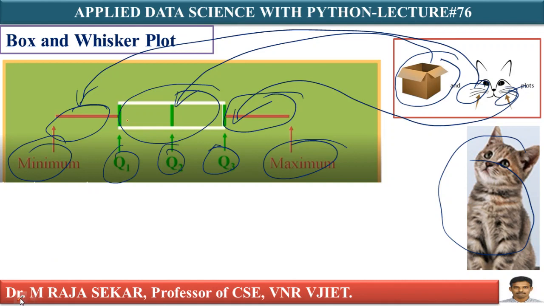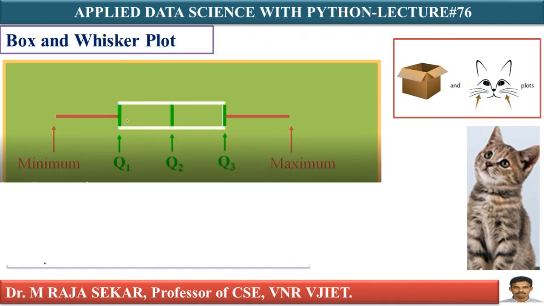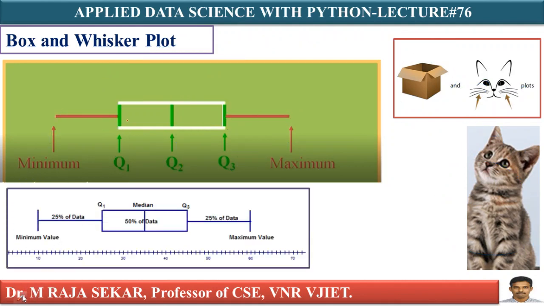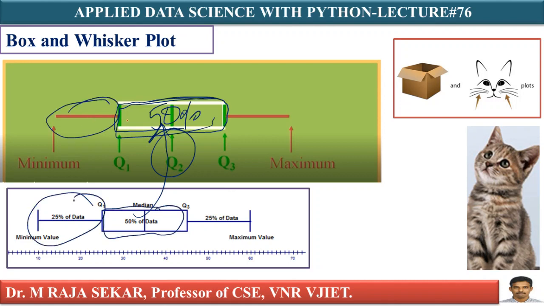If you carefully observe this one and analyze the data distribution, this is known as, I discussed about IQR. IQR means interquartile range. Here you have 50% data. This is also known as the median. 50% data is in this box. Just see, this is 50% data. On the left whisker you have 25% data. On the right whisker you have 25% data.